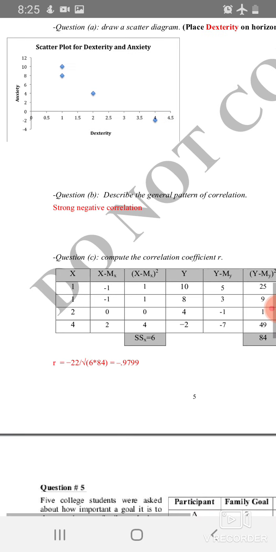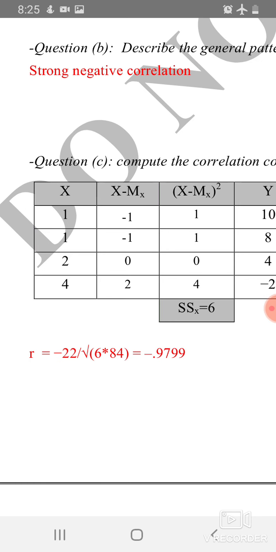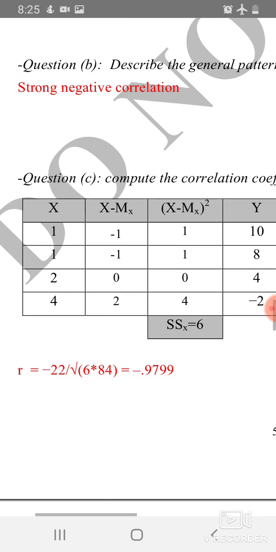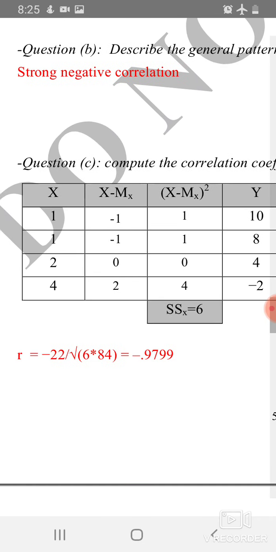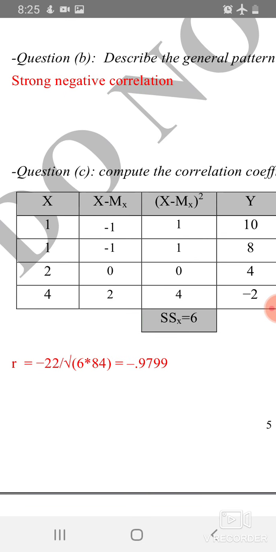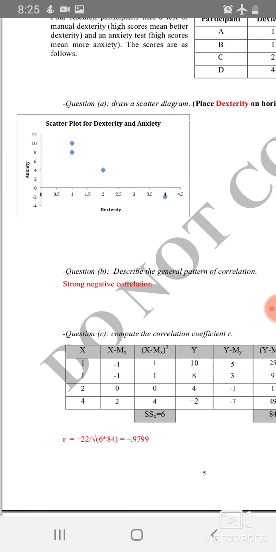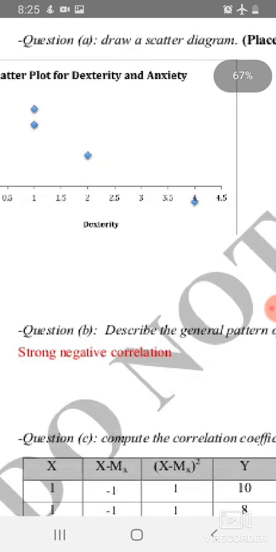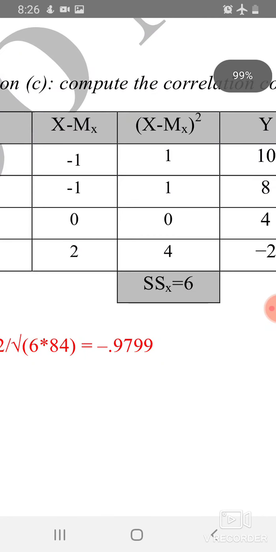All right, we have everything we need now to solve for the correlation. Take -22 and divide it by the square root of sum of squares x times sum of squares y. Sum of squares x is 6. Sum of squares y is 84. So -22 divided by the square root of 6 times 84 equals -0.9799. Now, just like we saw on the graph where we knew it had to be a negative correlation and probably on the stronger side, we could see we have a very strong correlation of